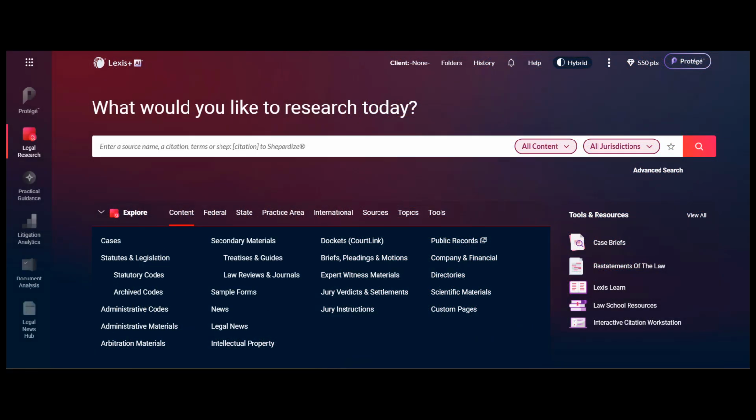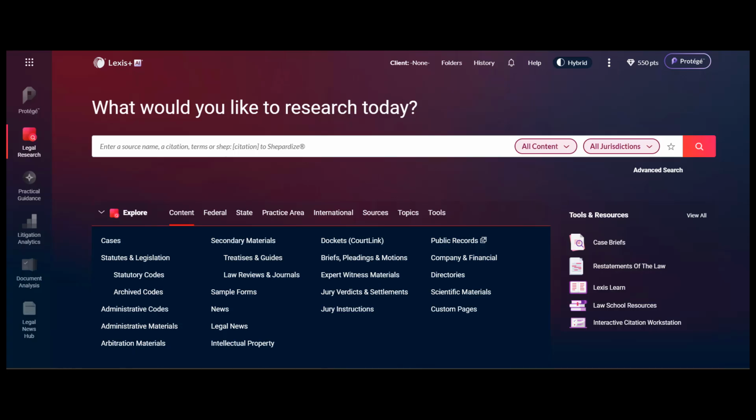First, let's look at circuit splits. In the federal courts, a circuit split exists when 2 or more circuits provide differing opinions on the same legal issue. A circuit split makes a great topic because it addresses an unresolved issue that could potentially end up in front of the U.S. Supreme Court. In your writing, you would lay out the different outcomes and reasonings from the various circuit courts, and then you would make a recommendation on which circuit decision should prevail to clear up the split.